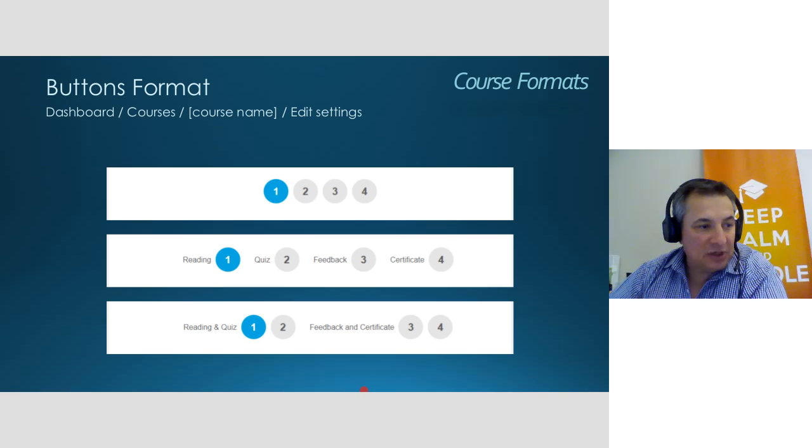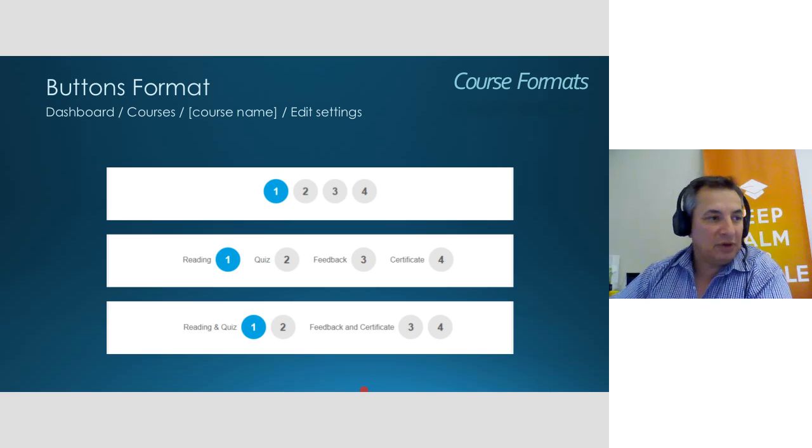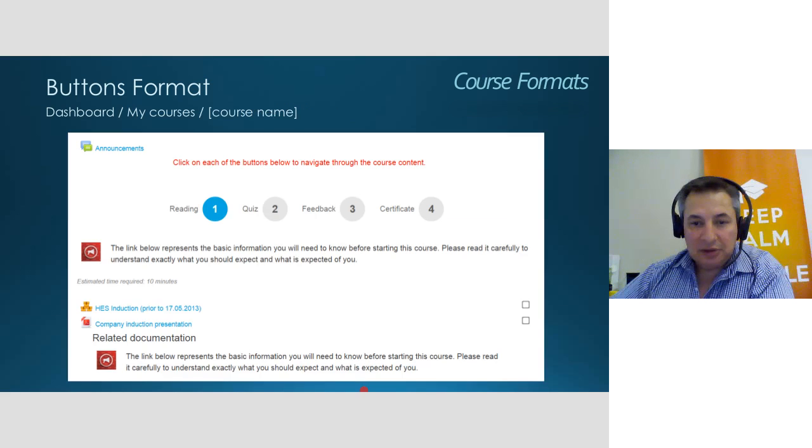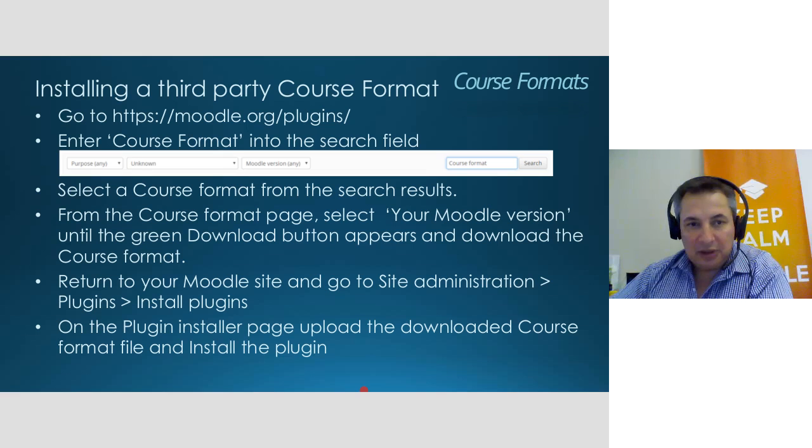Can you change numbers to ABC? Yes, you can. There's Roman numerals, alpha, and numbers. Sorry, I haven't been reading my comments. I've got the slides back to front there. There's the actual one. Now, for installing a third-party plugin,